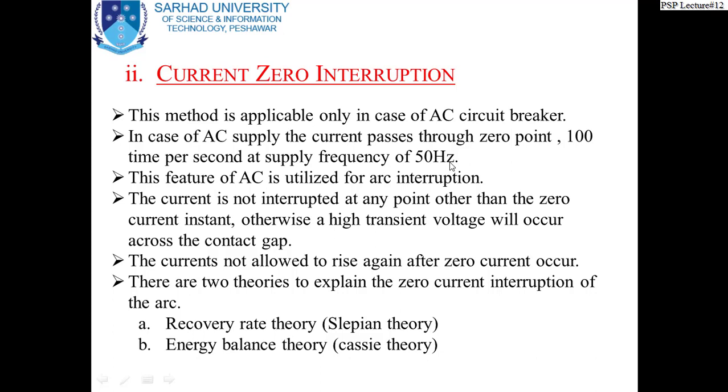Gentlemen, a very strange phenomenon you will observe: whenever the current is passing through zero, what is the current in the circuit? Right at zero time, zero current. When the current is passing through a natural zero, it's called natural zero, the natural duty cycle of the sine wave. So when the current is passing through zero, the current is zero. It means there is no arc at that particular instant. So it means that per second we have 100 occasions at which the current or the arc is zero.